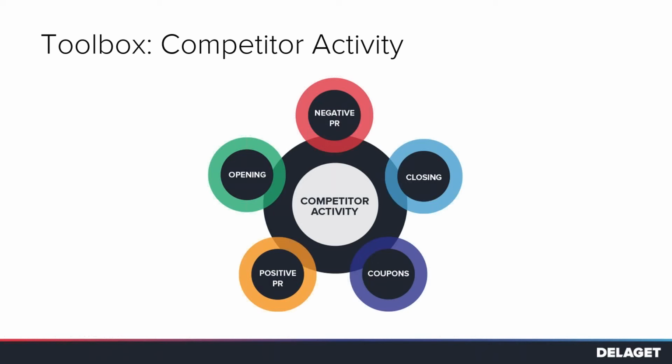Next in our toolbox is competitor activity, and I mentioned this at the onset, and several things in consideration here. And one example up at the top there is negative PR, and that doesn't happen a lot where it impacts our business, but it has happened. And one example is here in the Northwest, in the Minneapolis area, I should say, pardon me. Several years ago, there was an E. coli breakout due to shredded lettuce down in Iowa.